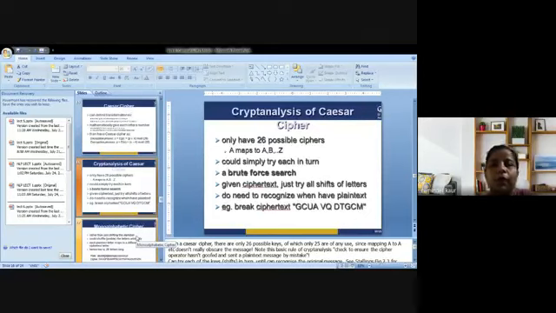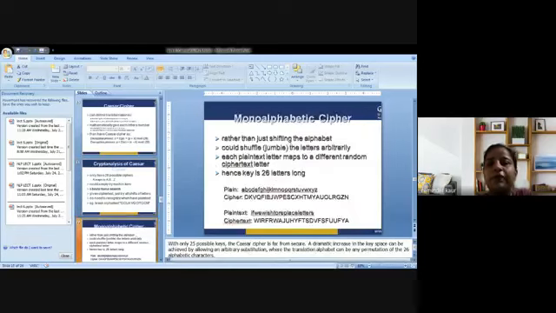So this was all about Caesar cipher. Next is the monoalphabetic cipher. Mono, as the name implies, means we perform one substitution of the character. Rather than shifting the alphabet, we could jumble the letters arbitrarily. That is to say, we convert the letters randomly, like ABCD is converted into D, K, B, B. Hence the key could be 26 letters long. So this is the main thing: in a monoalphabetic cipher, the key is 26 letters long. It could be any random text.